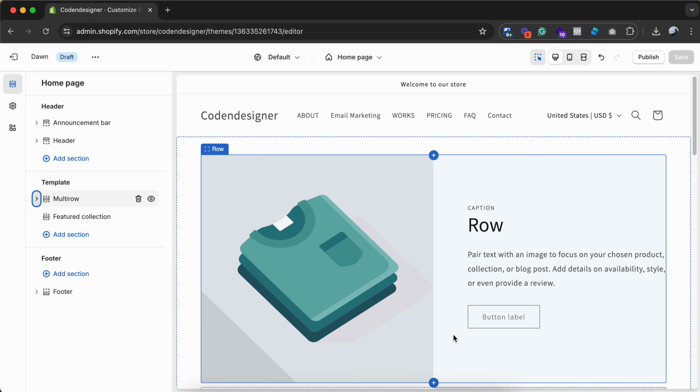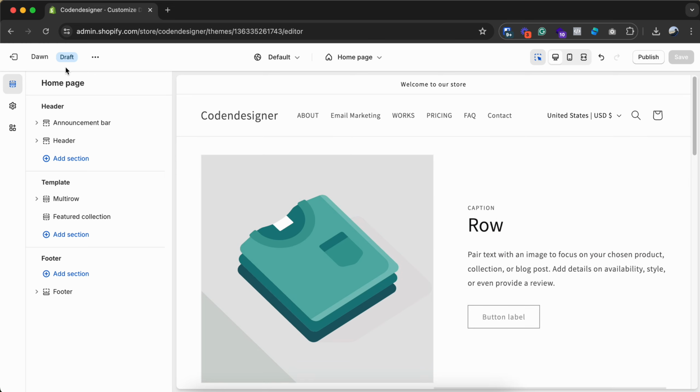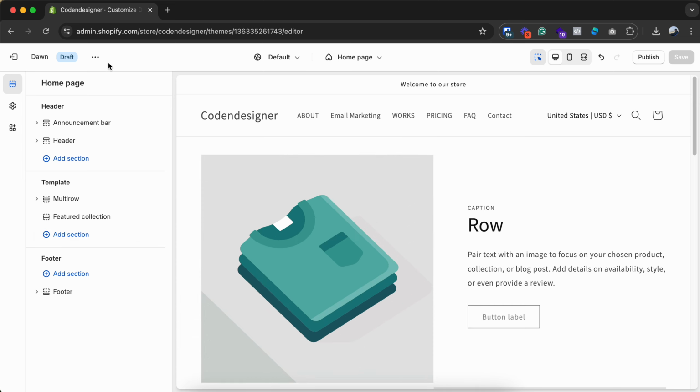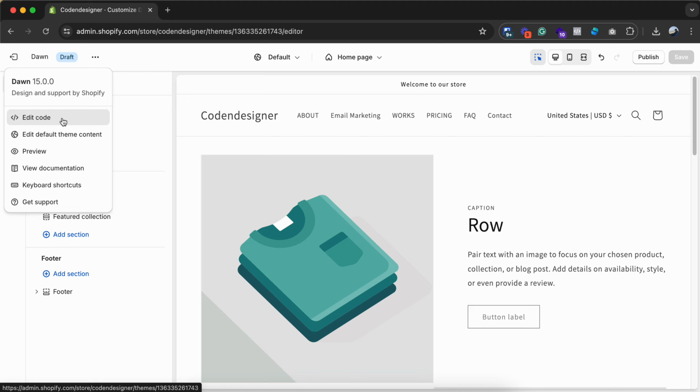Hi, today I will show you how to add a new section with Dawn theme. So we now have 18 sections. We will add a new section. To add that, click on the edit code